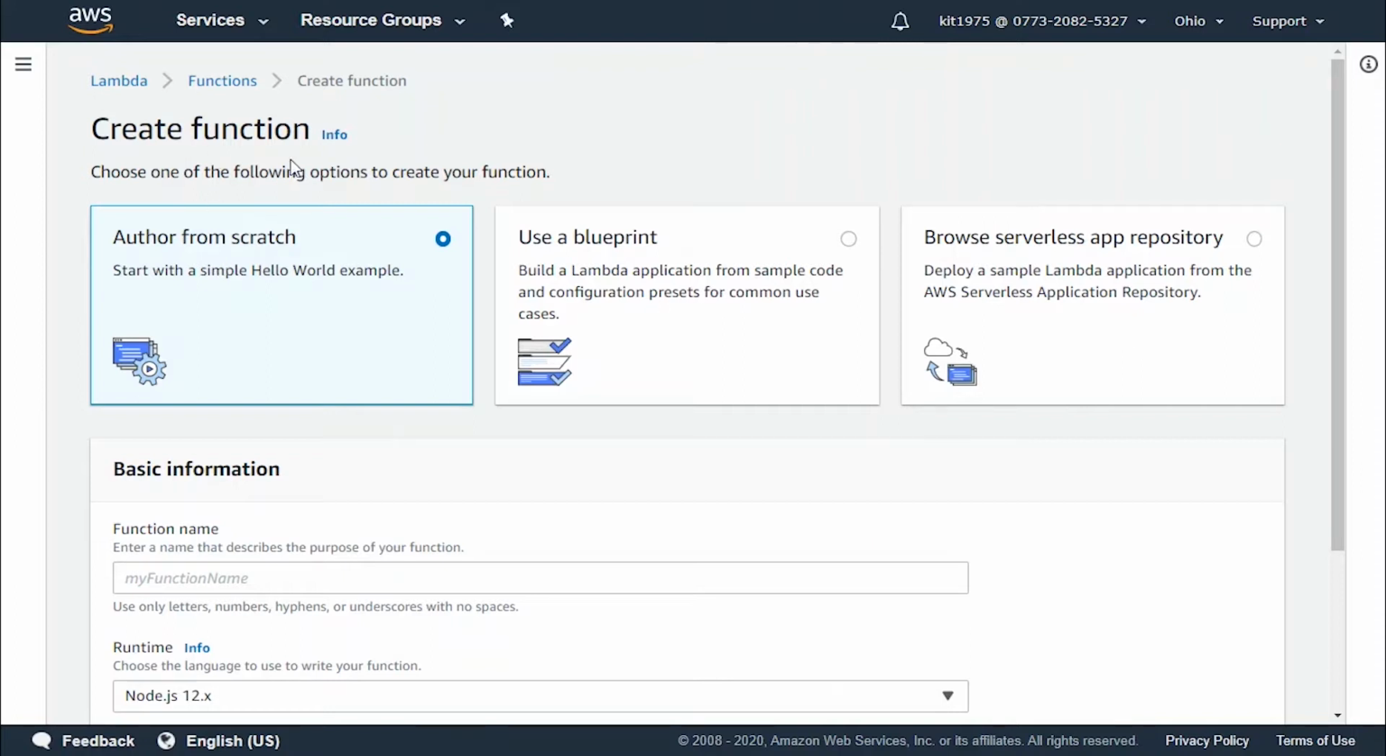The first is to create a function as author from scratch. This means that Hello World examples will include just enough code for your chosen language to get you started. You can add triggers and configure additional settings later on. As for the Use a Blueprint option,